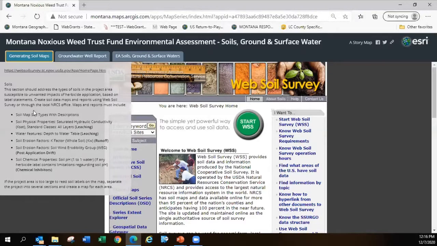So as you can see off to the left here are the items that you're going to need to provide. You're going to need to provide a soils map with soil types and descriptions, physical soil properties with saturated hydraulic conductivity, or Ksat. It even tells you exactly, so pay very close attention to the tail end of these descriptions, because that's going to point you in the direction of the items you'll need to click on once we click start. So with that, let's go ahead and start our soils map,